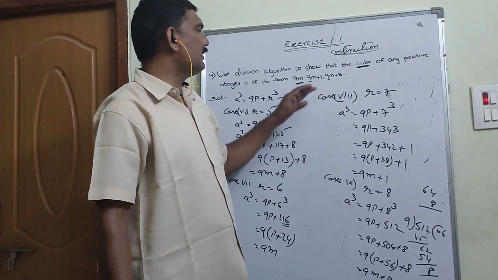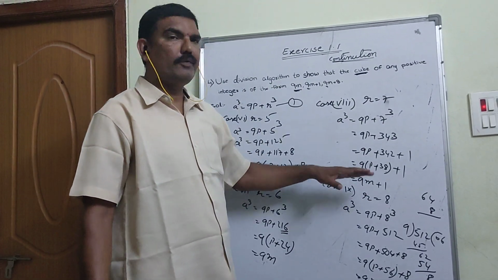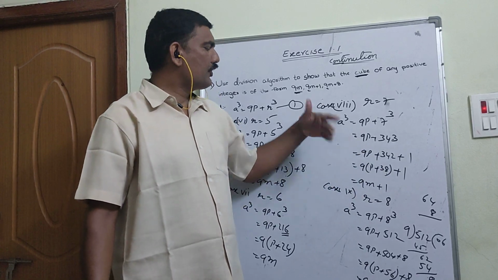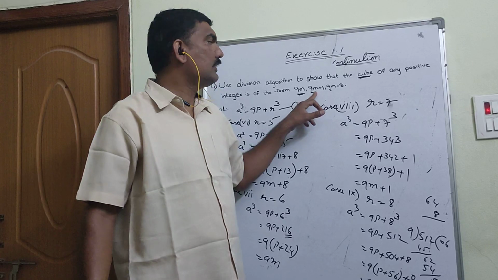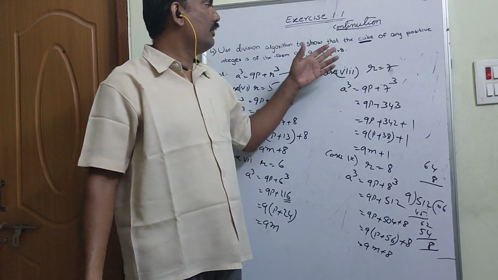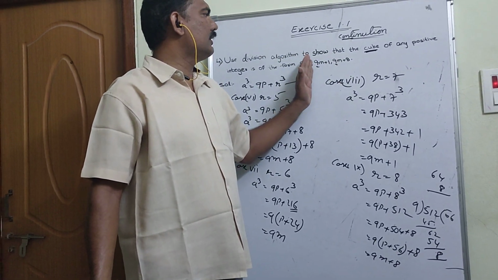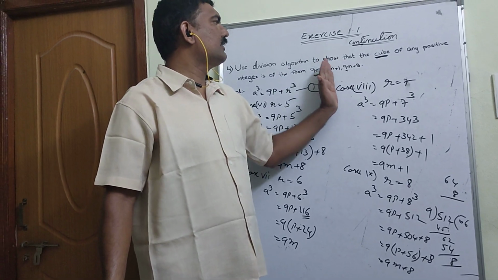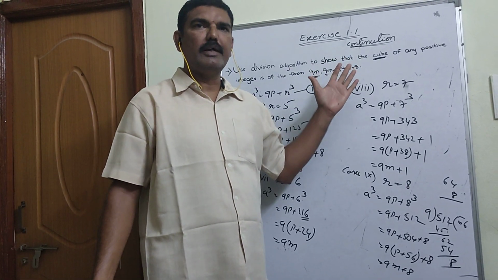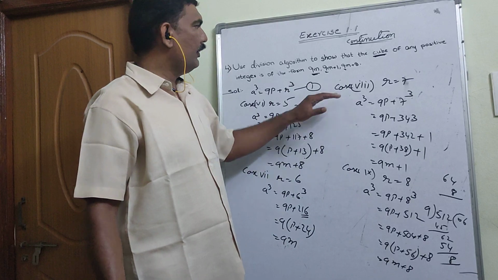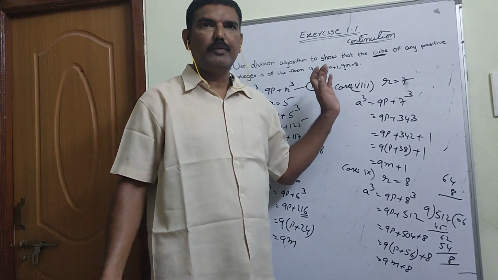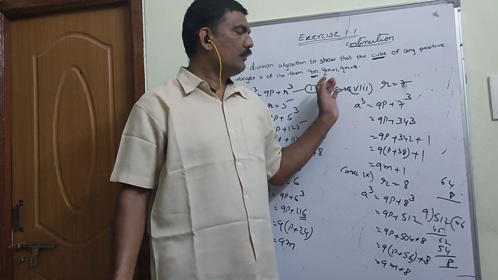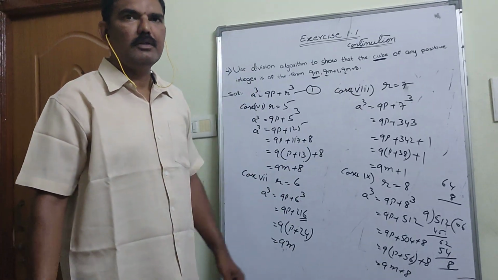So like this, r is equal to from 0 to 8, if you substitute in its cube form, you got either 9m or 9m plus 1 or 9m plus 8. We did not get 9m plus 2, 9m plus 3, 9m plus 4. We did not get it. So it is the proof. You have to do it. In these problems, one problem is very important for your annual examinations. So go through this one. Thank you.